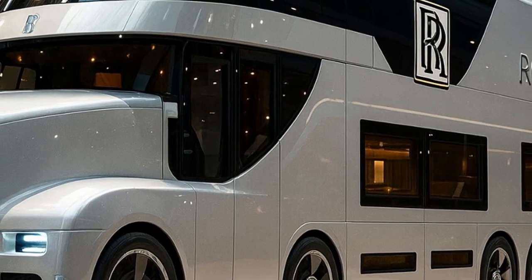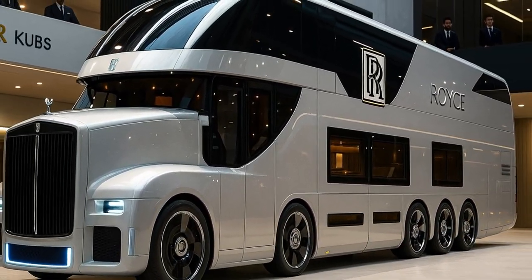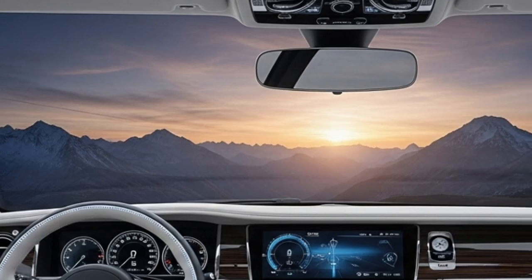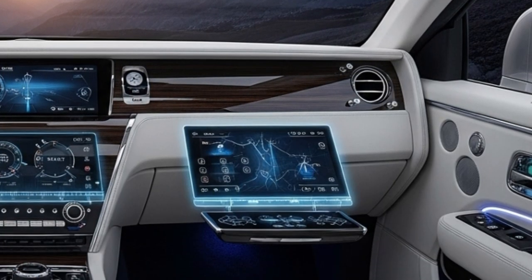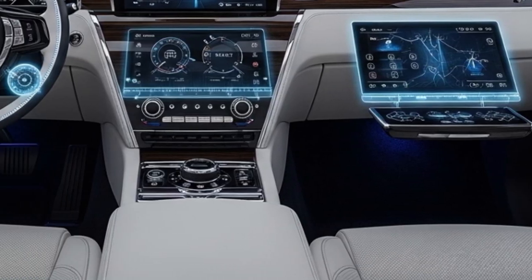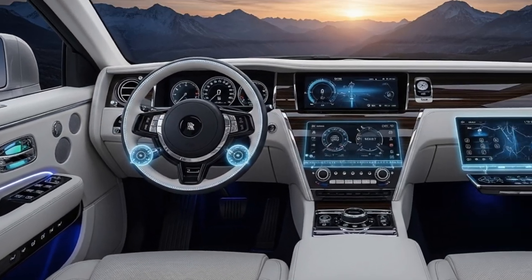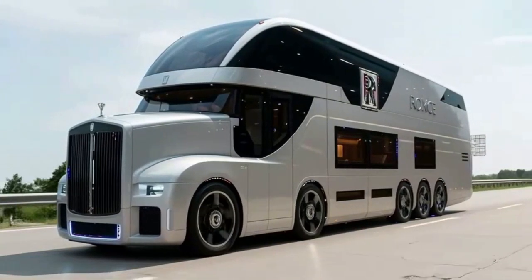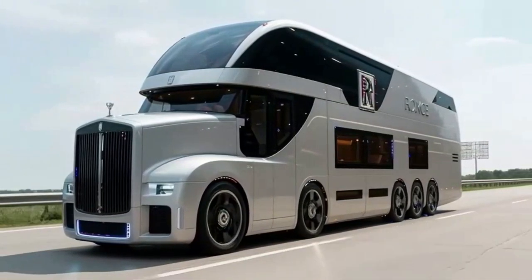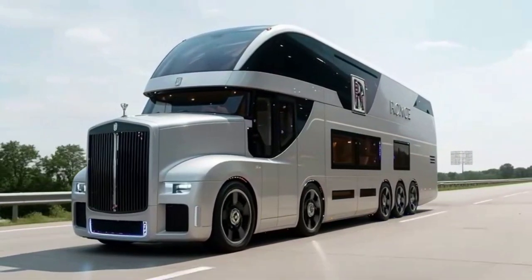When you think of Rolls-Royce, you probably imagine handcrafted sedans gliding through city streets or ultra-exclusive SUVs built for royalty. But in 2026, the brand that has defined automotive luxury for more than a century is stepping into an arena no one expected, the motorhome market. And this isn't just any RV. Rolls-Royce is calling it the ultimate expression of freedom and elegance, a moving mansion designed for travelers who refuse to